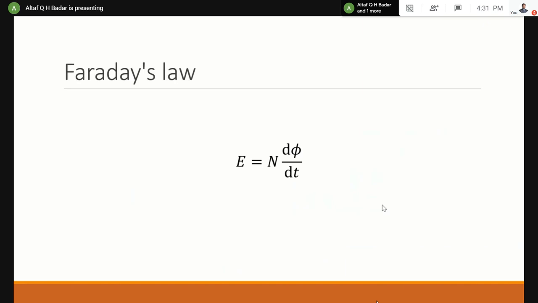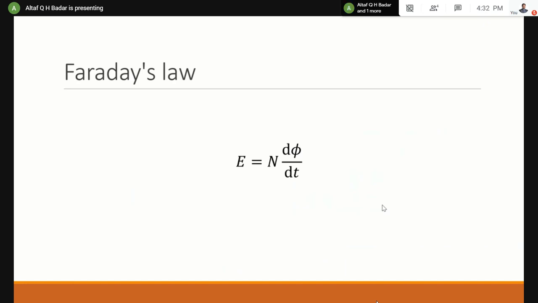Then let us go to Faraday's law. But before we go into Faraday's law, let me just tell you there are some more topics which I couldn't cover, like magnetic flux, then the magnetic flux density. Maybe we'll see it in the Maxwell's equations, but they are also there. Then what is magnetic potential again? That is another thing. So I've even noted it down. If in case I have just missed out, you can just search it on your own. So at the last slide, I'll give you some of the topics which have not been covered but are considered important in electromagnetic fields. However, let us move to Faraday's law.